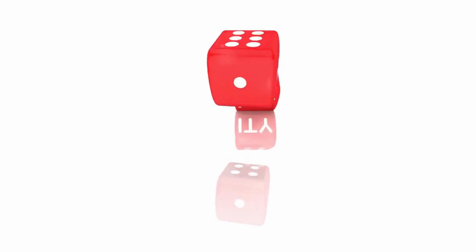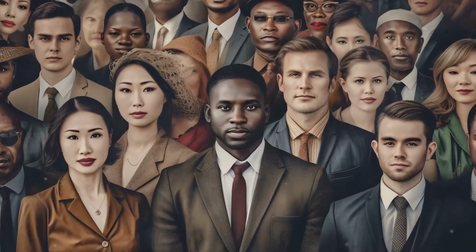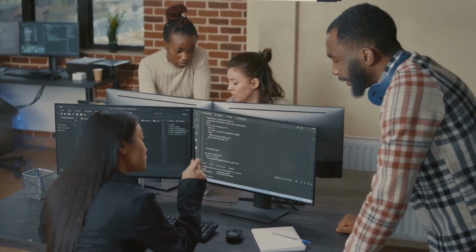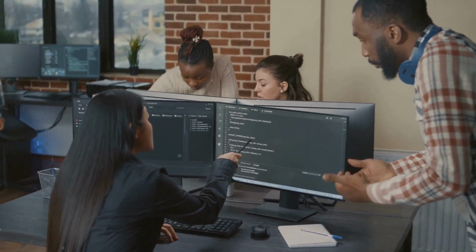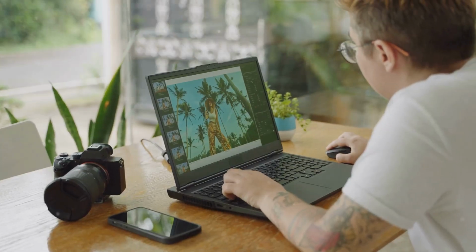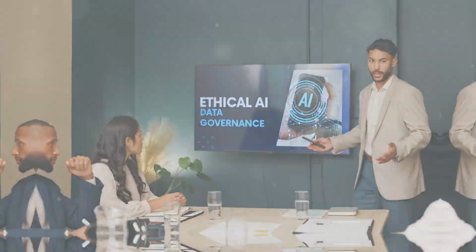Then there's equality of opportunity. This measure ensures that all groups have an equal chance of receiving favorable outcomes. To address unfairness, it is critical to utilize diverse datasets that reflect all sections of the user base and implement algorithms that can detect and correct bias automatically.